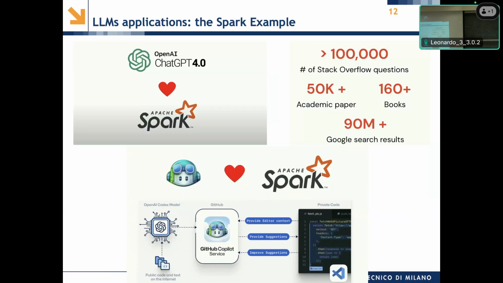But for example, you can also provide a schema, and Spark understands the schema, so you can write the query even in natural language. So you say, okay, I would like to have a report with the selling product in the last quarter grouped by region, for example. You just type this in natural language, and the generative AI behind it understands the schema of the data, understands your request, and automatically generates the Spark code that you need for getting your plots, your analysis. Okay, so